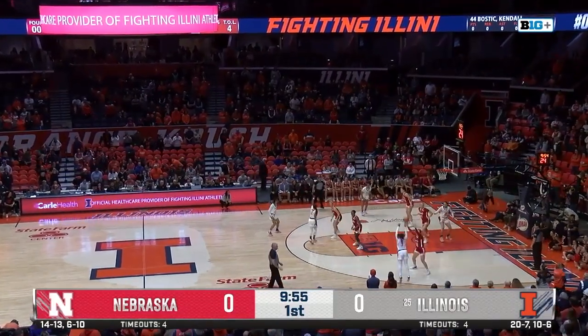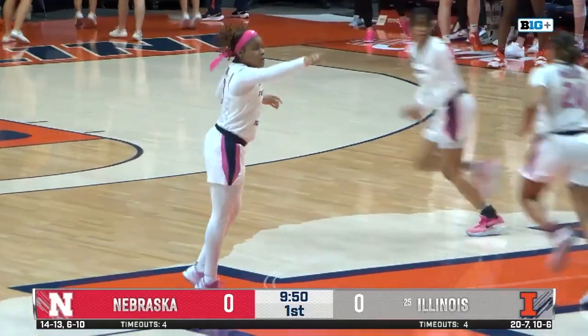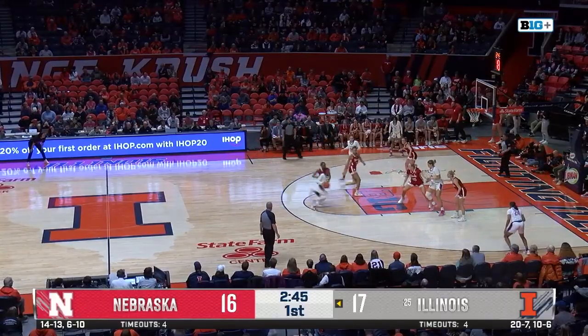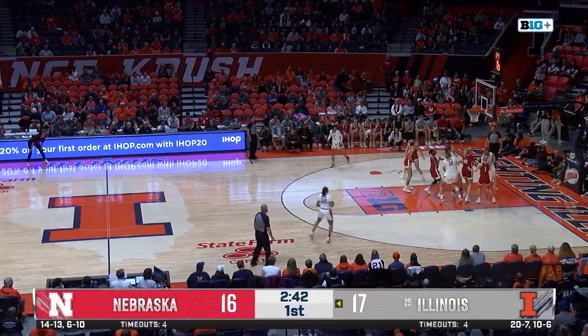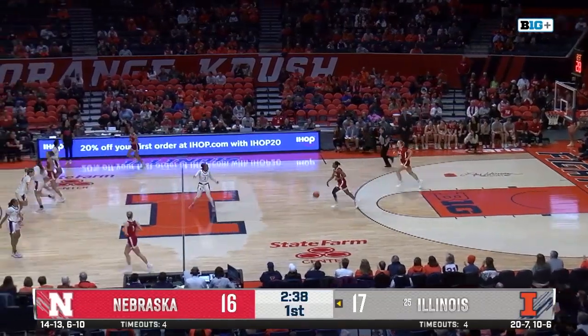Bryant, pass over to Cook. Cook will take an early 3 and cash it in. The Illini strike early. Makira Cook driving. Goes up with the right hand, and Makira Cook, so nice with the right hand, gets the